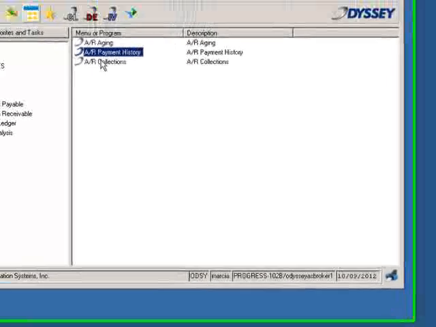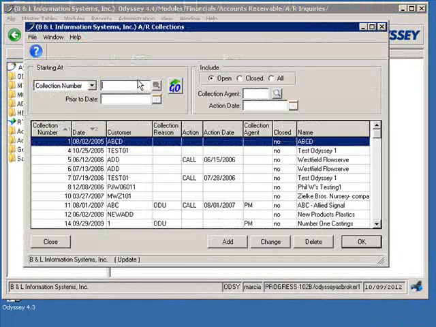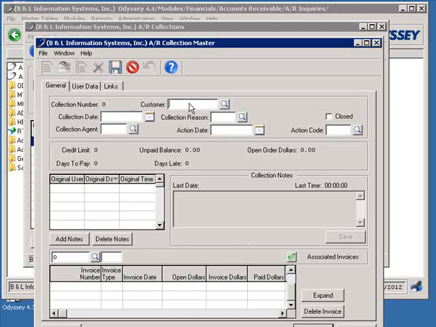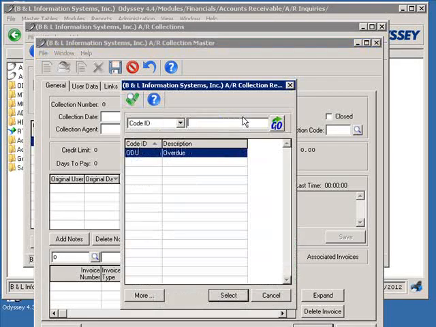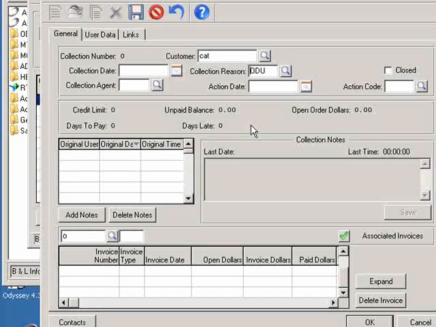We also have an AR collection module, and let's add a new one. So we're going to be looking at Caterpillar because it appears that they have an awful lot past due. So our collection reason is obviously overdue. That's a good one. And the collection agent,